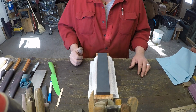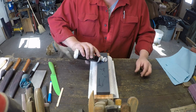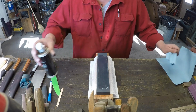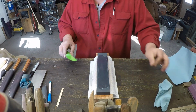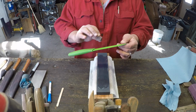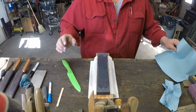All right, this is an oil stone, so we're going to put a little bit of mineral oil on it. Wipe our hand off on that. Okay, now, there's two major ways to find the angle for the factory angle. In fact,